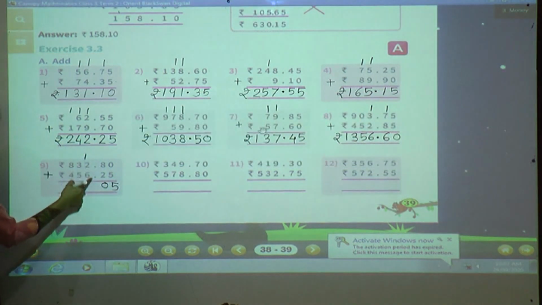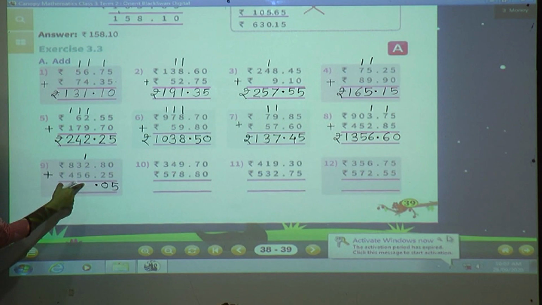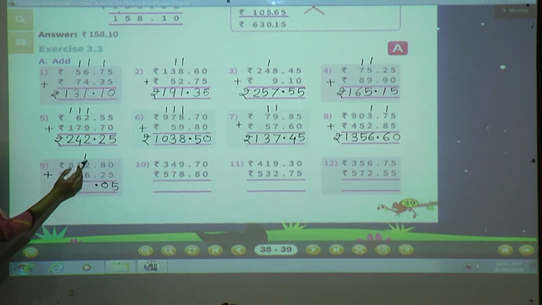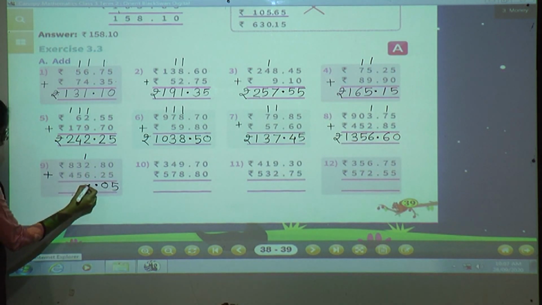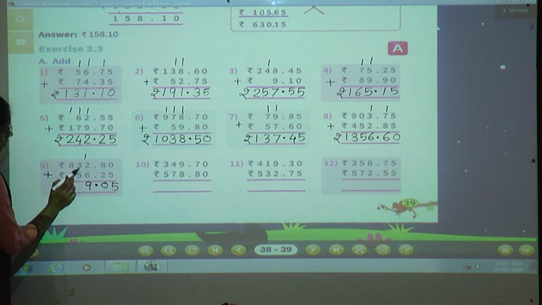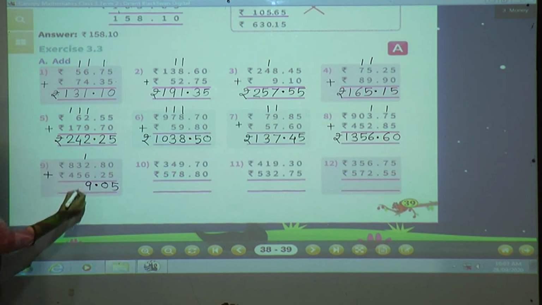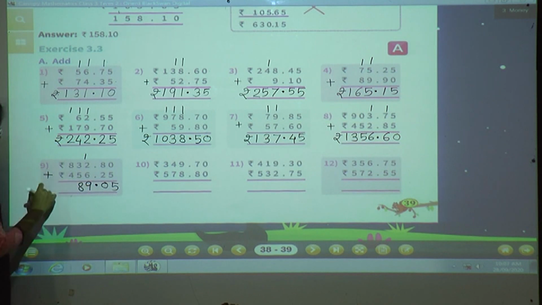Now here dots are there. So you have to give a dot, one below the other. Then we'll move to the next place. Here 1 is there, here 2 is there. 1 plus 2, 3. Then 3 plus 6, 9. So write here 9. Then see the next place. Tens place, here 3 is there, here 5 is there. So 3 plus 5, 8. So write here 8. Okay.